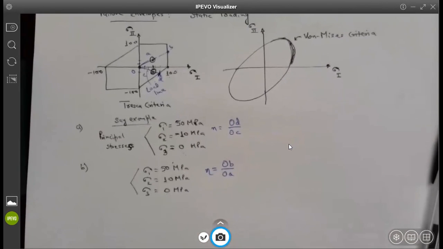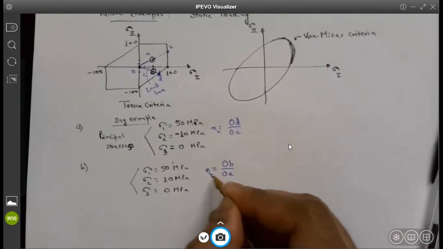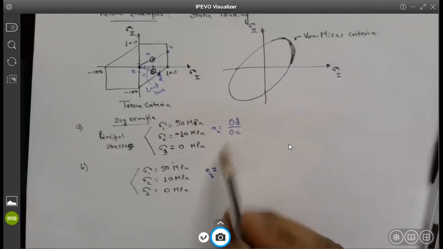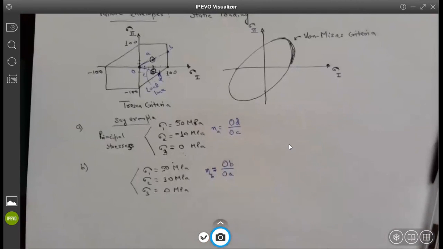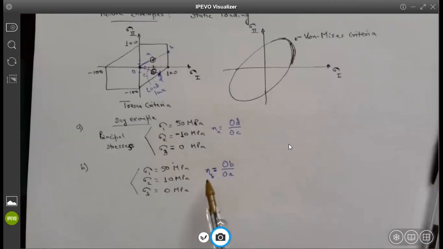Now, let me ask you, James, in which case you think the factor of safety will be higher, or you have more factor of safety, whether it will be in this scenario or in this scenario? The AB will be higher. This will be higher, right? Yeah. I mean, graphically, it also looks like this will be higher. And that is what you need to